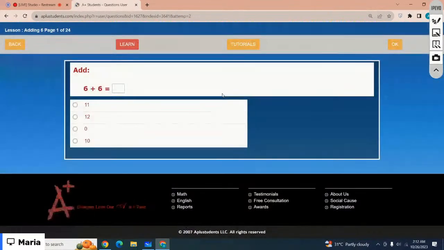Okay, the first one is 6 plus 6. So, how do you add and which is the correct option? If you already know the answer, please write down the answers in the chat box. So, 6 plus 6 equals. Okay,